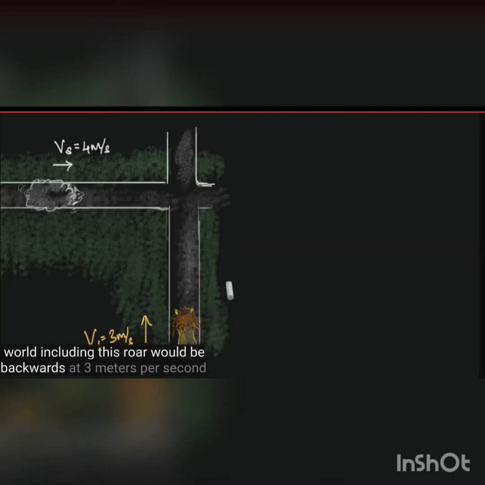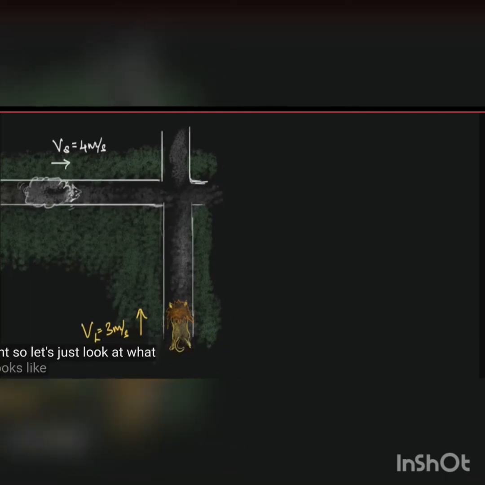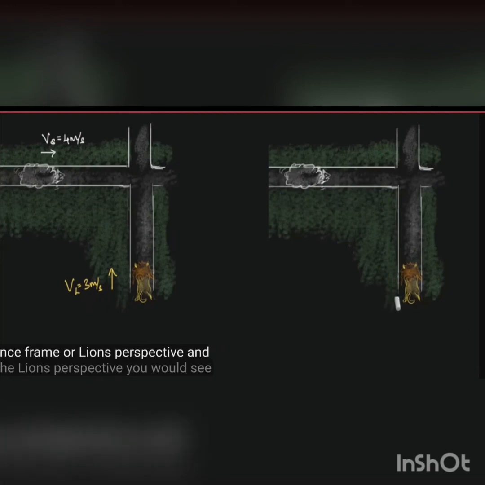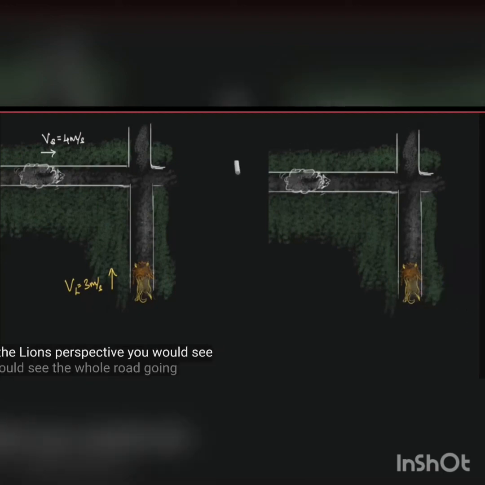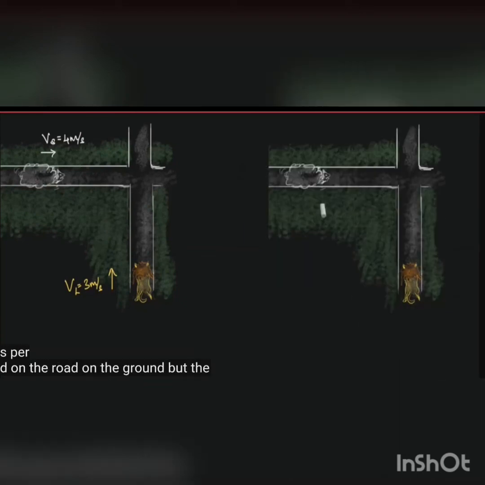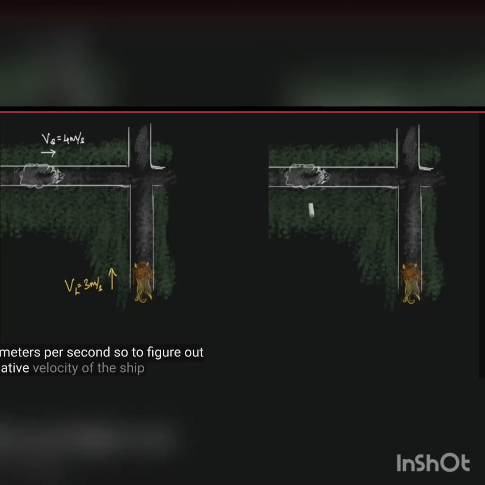As the lion is moving forward, the sheep will appear to be coming backward to him, and the sheep's own motion will be superimposed on that. Because he is moving forward, he will perceive the sheep as coming backward with a speed of 3 meters per second, and also because the sheep is actually moving forward, the two motions superimpose. Because of his own motion, he perceives as if the sheep is moving backward, and because the sheep is moving forward also.